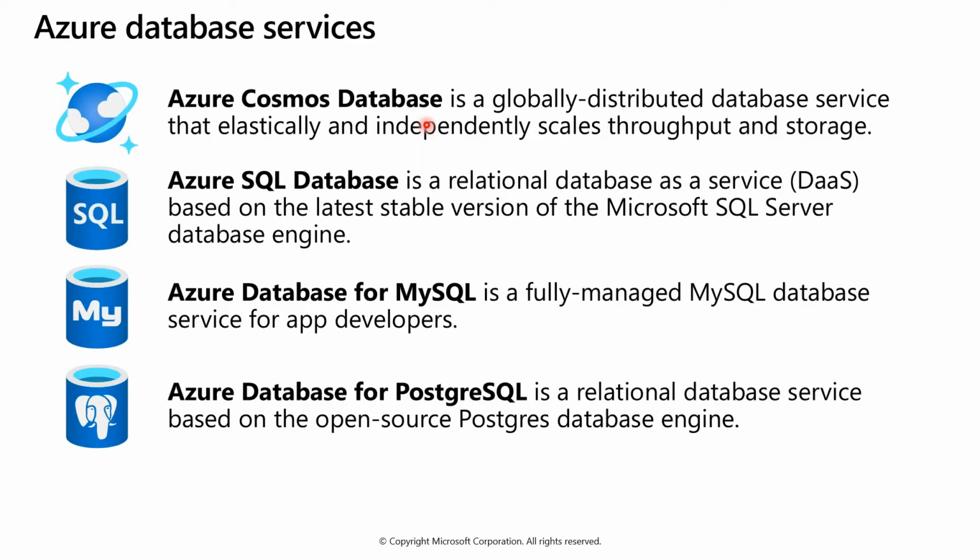So there are three or four types of different database services which you can have within a single database service. That is why it is known as multi-model. If you have to migrate your MongoDB from on-premises onto Azure Cosmos DB, you can just lift and migrate the data, and all your APIs and applications won't need any code changes. Only the URL for the service will change. Okay, similarly you have Azure SQL Database. It is a relational database as a service, and it has the most stable version of Microsoft SQL Server. Your Azure SQL databases are always on the latest version of SQL Server.